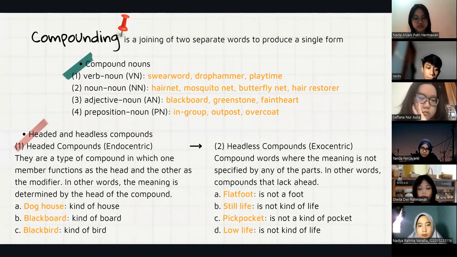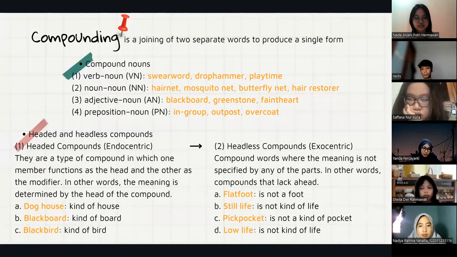They have two subtopics. The first one is headed compounds, also called endocentric. They are a type of compound in which one member functions as the head and the other as the modifier. In other words, the meaning is determined by the head of the compound. For example, doghouse is a kind of house, blackboard is a kind of board, and blackbird is a kind of bird. The second one is headless